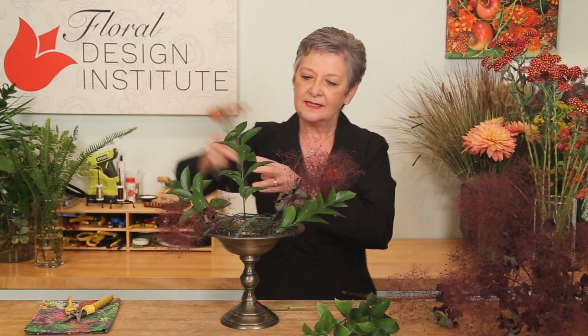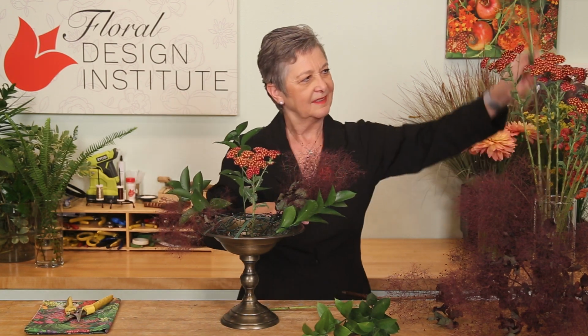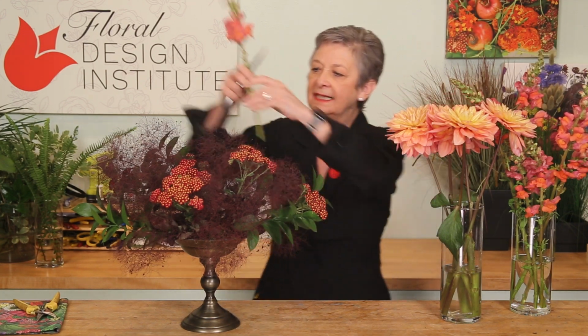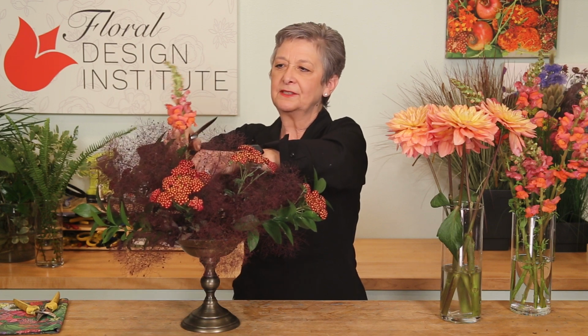Making sure that it inserts deeply into the water, down into the Kinzon, so that it will drink and hold well. Adding in now the more delicate flowers, maybe some lime material, snapdragons, inserting it into the Kinzon, making sure that it's nice and secure. The dahlias,